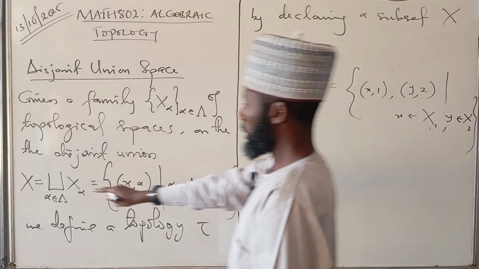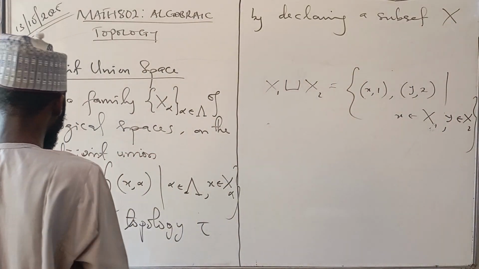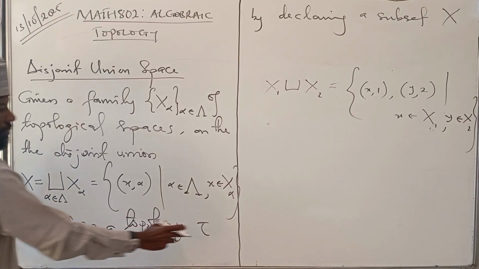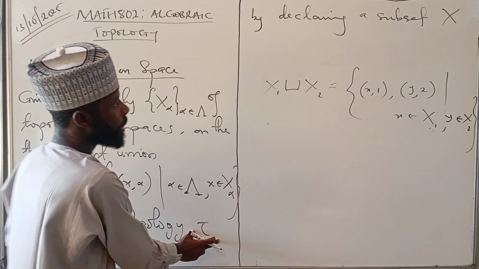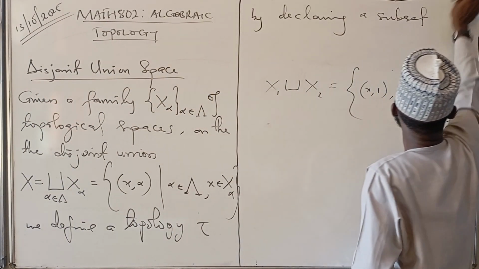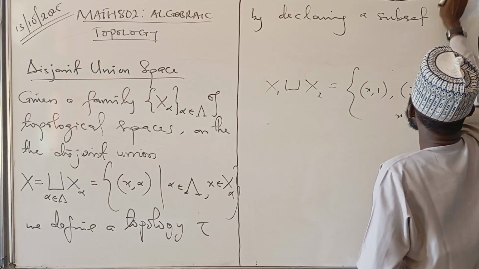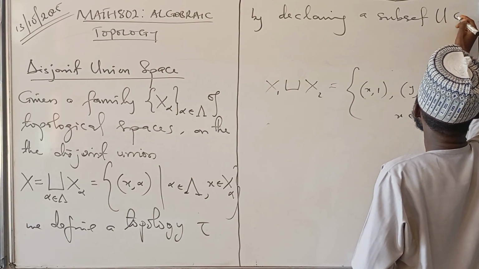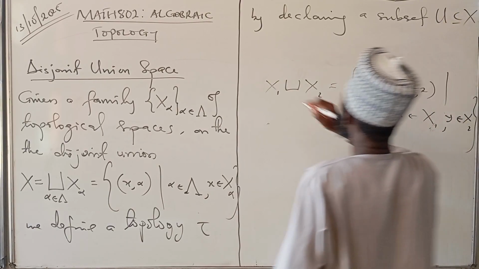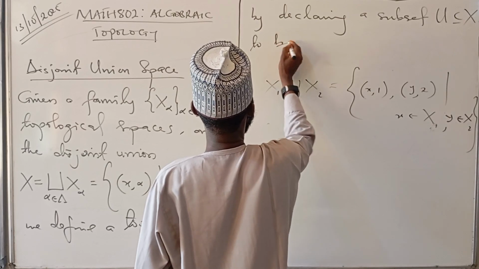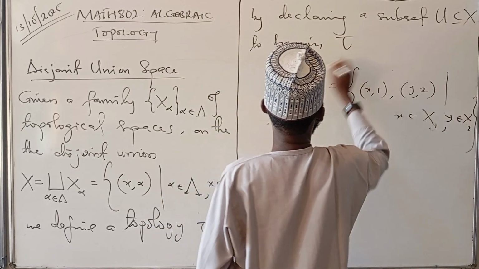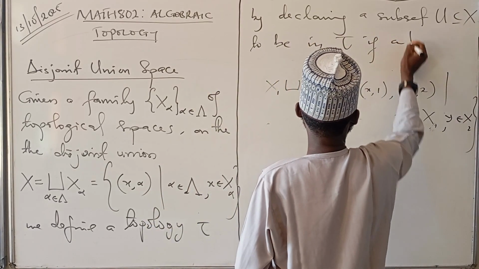So X is our disjoint union. If you take a subset here, maybe U, let me call it U of X, we declare it to be in tau if and only if